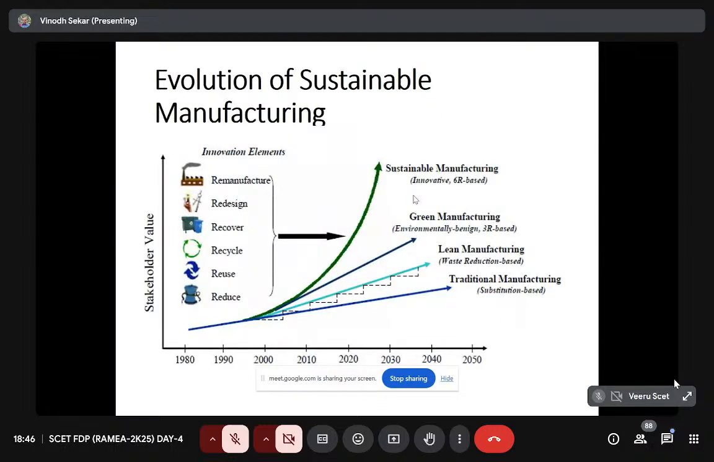And here, there are two terms we normally come across. One is sustainable manufacturing, another one is green manufacturing. There is some difference between these two terms. Green manufacturing is environmentally benign, which is 3R based, like reduce, reuse, and recycle. On the other hand, sustainability